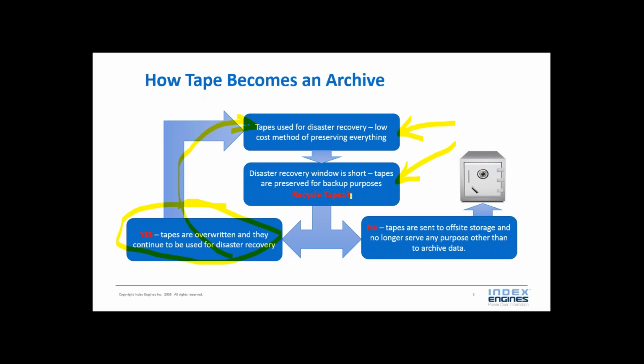However, a lot of organizations look at tape, and the IT organizations are asking the legal or compliance teams, can I overwrite this stuff? Do we have everything? And they're afraid basically to overwrite it, so a lot of them answer no. And what happens is the tapes are sent to offsite storage. They no longer serve that disaster recovery role, but they become a real assumptive archive. Not an intentional archive, but that is the place that everything is captured.